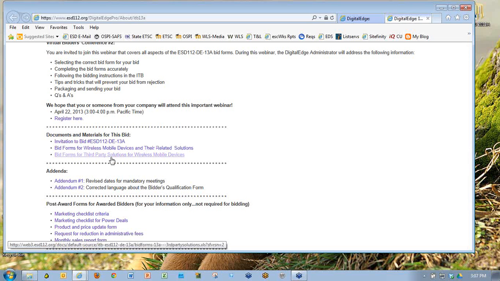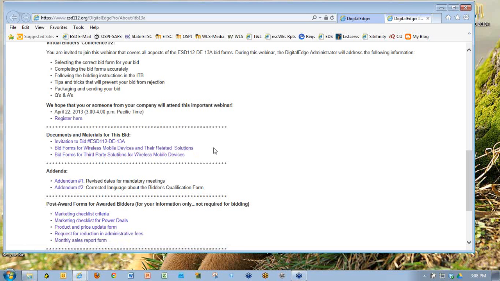Now, that is one thing we want to be really clear on. If it sounds like I'm really punctuating this point, it's because this is really important. If you don't choose the right bid form, you will be rejected on your bid. Okay, because we're going to be comparing like bids to like bids. Okay? All right. So for each different manufacturer,